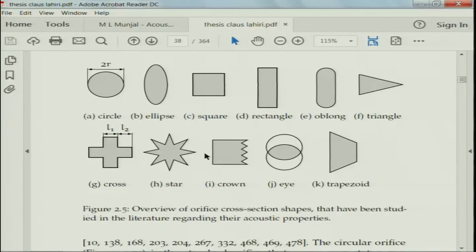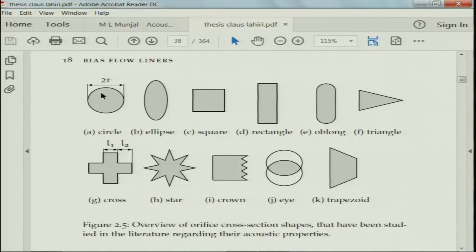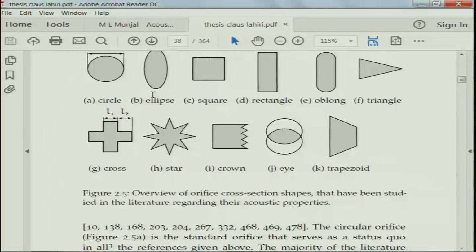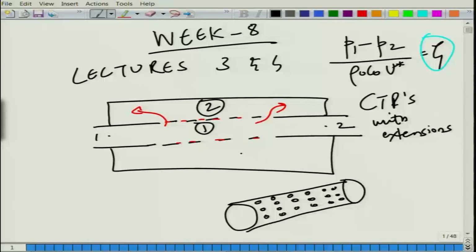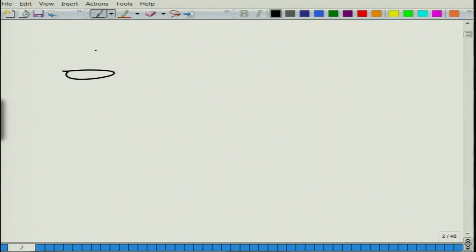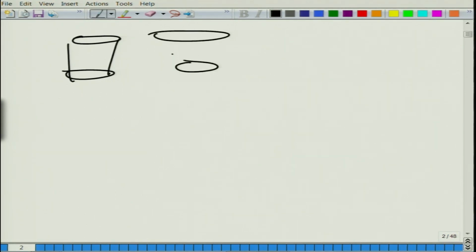Another interesting thing is that it is not just the shape of the holes, but also the manner in which they are cut. For that, I probably have to go back to the slides for just a bit. What I am trying to say is that if we draw an exaggerated view of this, they could be something like this, something like this, or really a parallelepiped kind of thing.